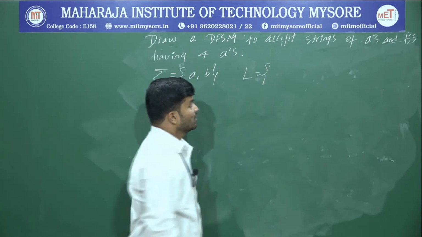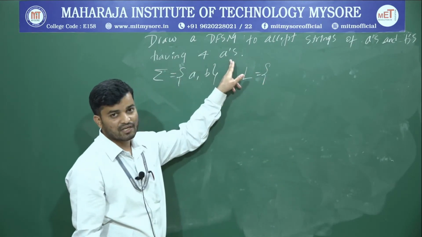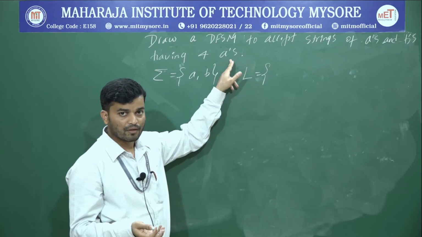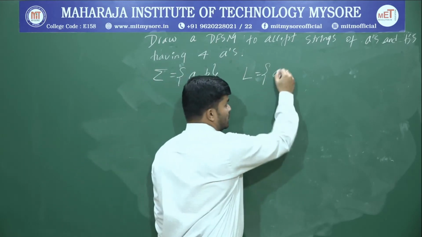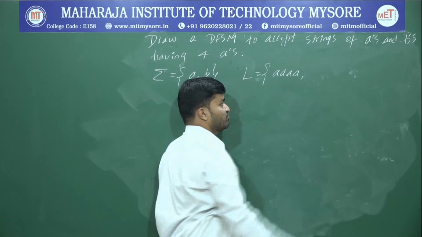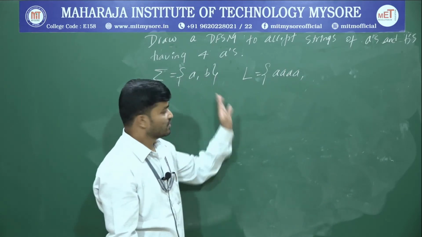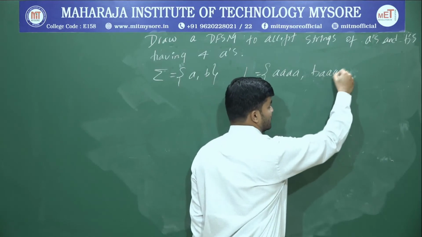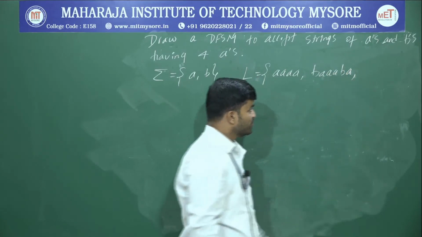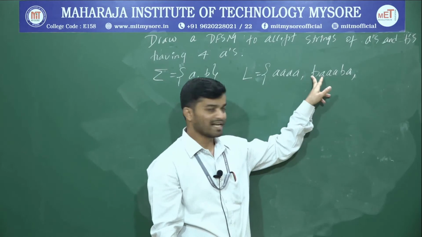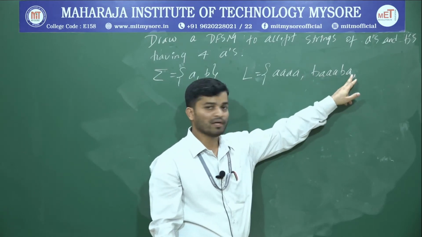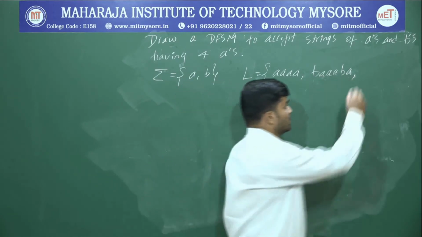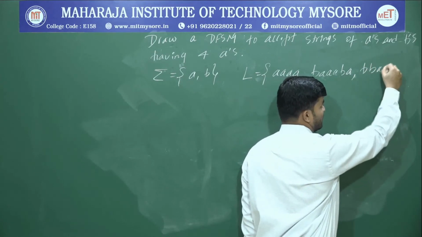So how to write that language? Having 4 A's. In the worst case, there should be exactly 4 A's. Therefore your string in the worst case will become 4 A's. Even if it starts with B, there should be 4 A's. If you observe this string starting from B, there are 3 A's and one more A, 3 plus 1 is 4. So you can even form B B A